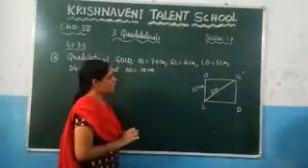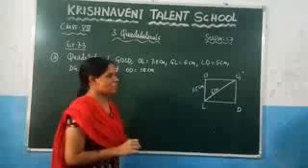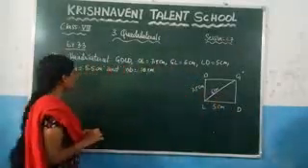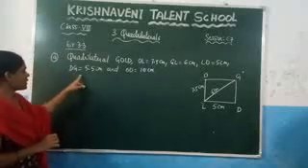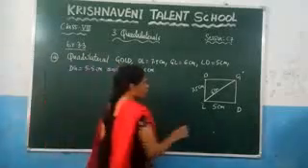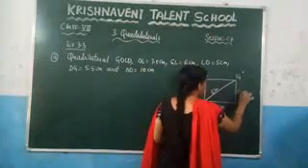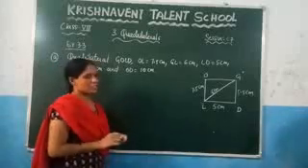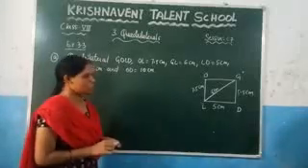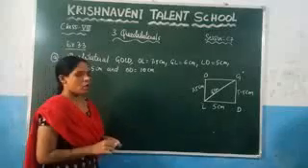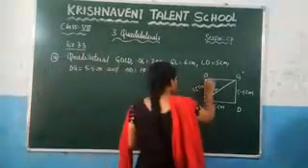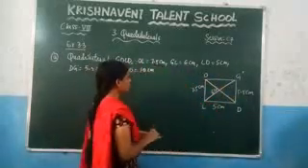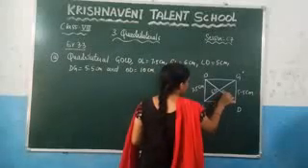Now see the next one, which is LD. We have to take this as the base, which is 5 centimeters, right? And after that, what's the next one? Which is DZ, which is 5.5. So this is DZ, which is 5.5 centimeters. Now see the last one, which is OD, which is 10 centimeters. And you know that OD is also a diagonal because we are joining the opposite vertices. So here, if you join these opposite vertices, you will get one more diagonal, and they have given the length of the diagonal as 10 centimeters.